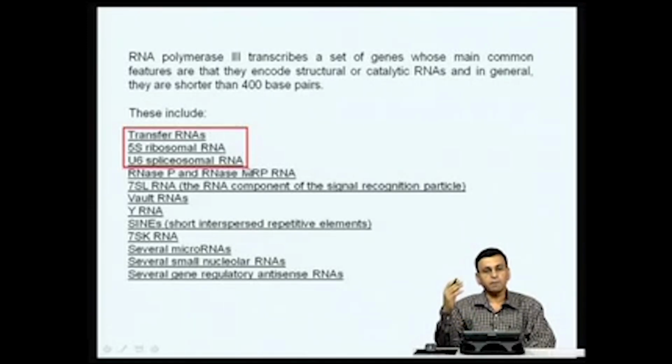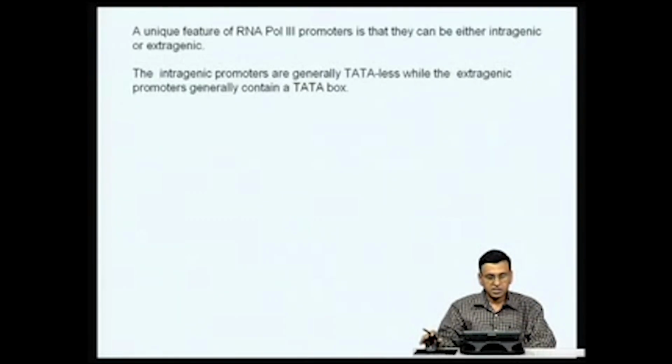How are these 3 major RNA species actually synthesized by RNA polymerase III? What is their promoter organization? What kind of transacting factors are involved, or which coordinate the RNA polymerase III leading to synthesis of these 3 major types? The others I will only make a passing note on, because it is not possible to cover everything. So, let us now try to understand how RNA polymerase III synthesizes transfer RNA, 5S ribosomal RNA and